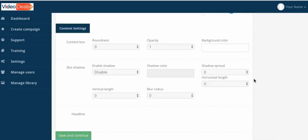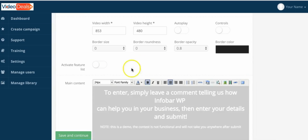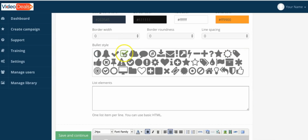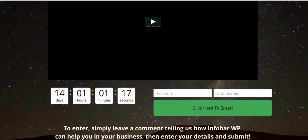So if I want to come down here and add some features to this, I want to create a list of features, and I really like that right there. I want to use, let's leave it like that, and we'll see how that goes. Okay. Now, feature 1 and feature 2. Just like that. Now, see where this goes, and I'll show you how powerful this can become, because features are